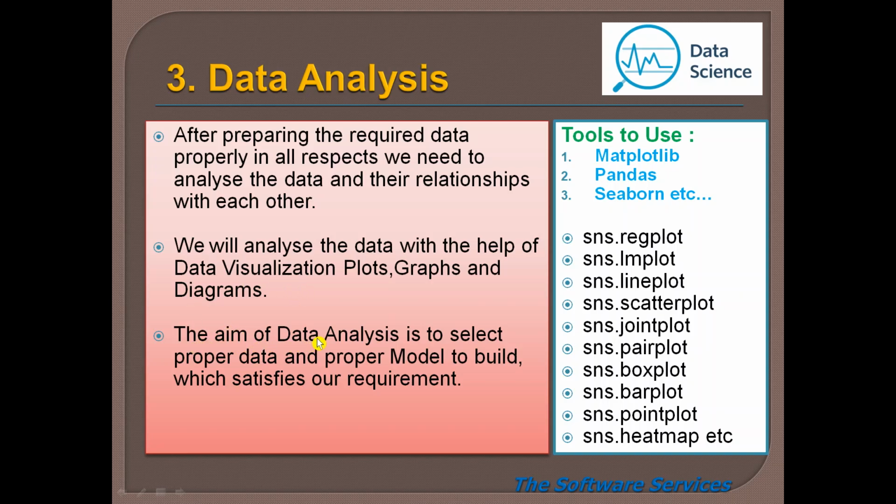So the aim of data analysis is to select proper data and a proper model to build which satisfies our requirement. Very important point. What is the aim of the data analysis? The third stage of data science project life cycle. What is the aim? After completion of this data analysis, you must be in a position to select the proper data for modeling and to choose the appropriate model to build, because there are a number of models,